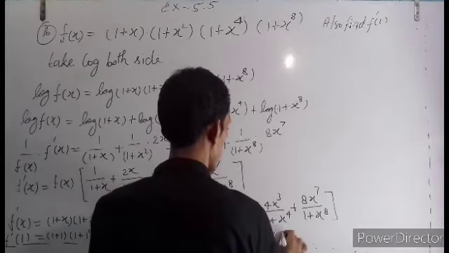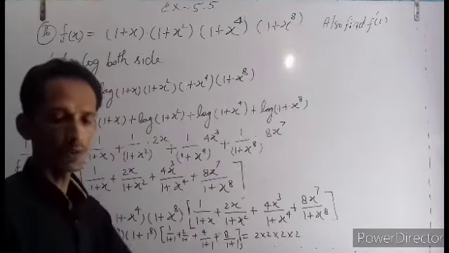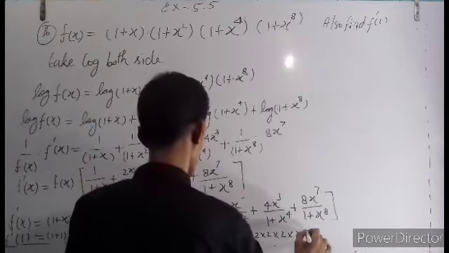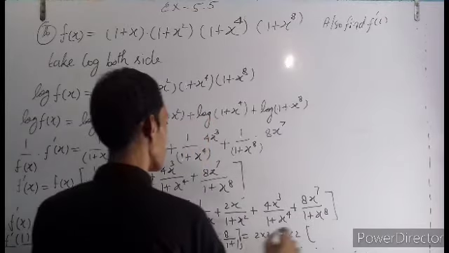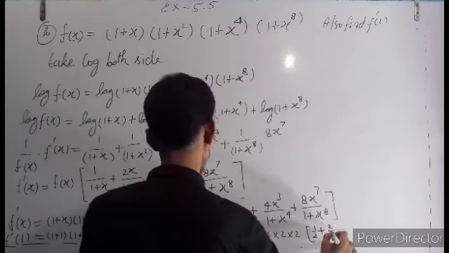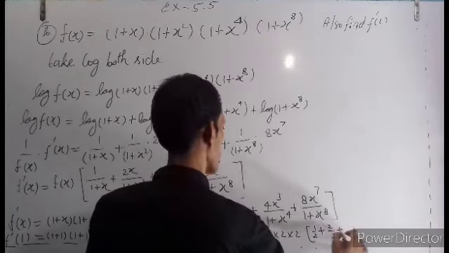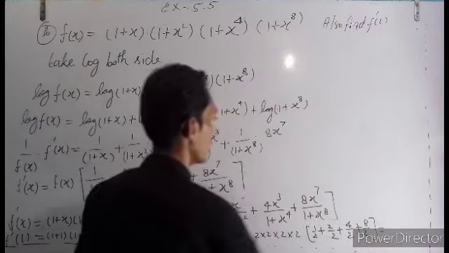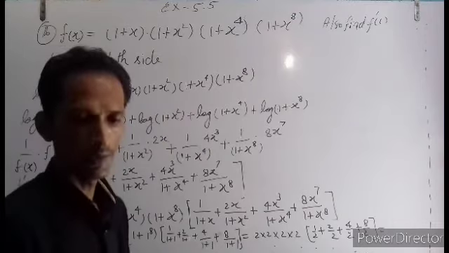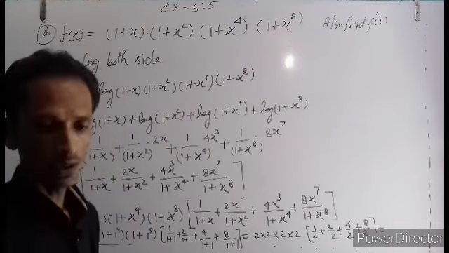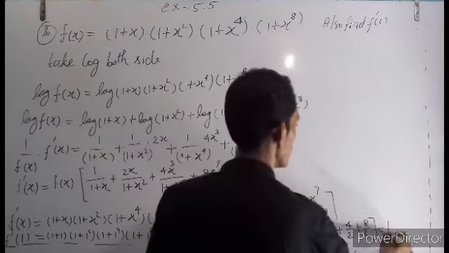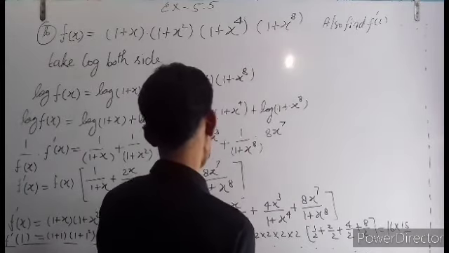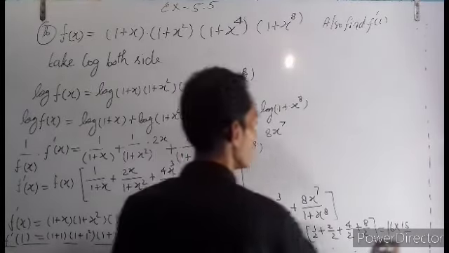2 multiply 2 multiply 2 multiply 2, 4 times. 2 multiplied 4 times, and the remaining value you can put 1 by 2 plus 2 by 2 plus 4 by 2 plus 8 by 2, and simplify it. 1 by 2, 2 by 2, 4 by 2 and 8 by 2. Simplify, you will get 16 into 15 multiply 2. 2, 4, 8, 16, and 15 by 2.